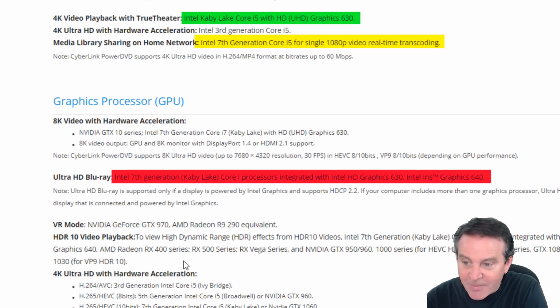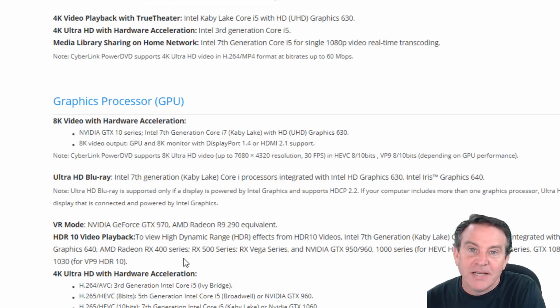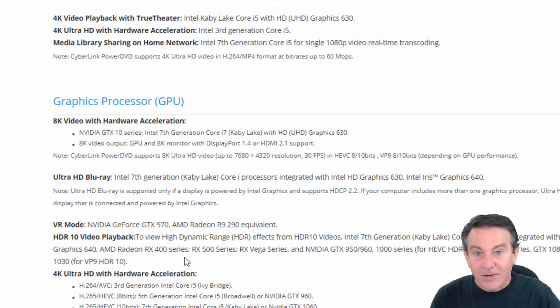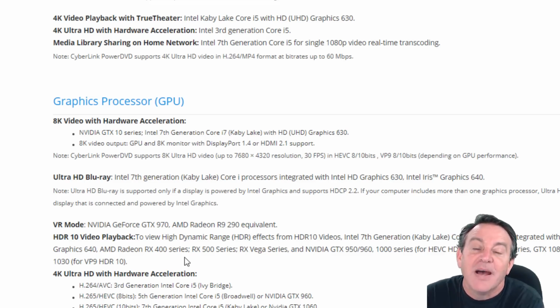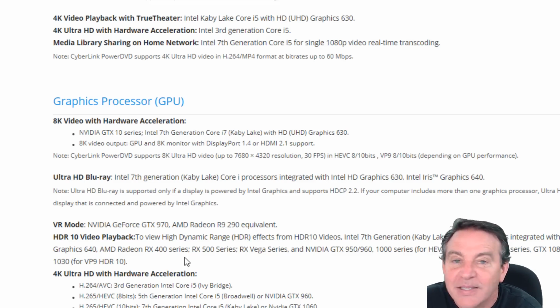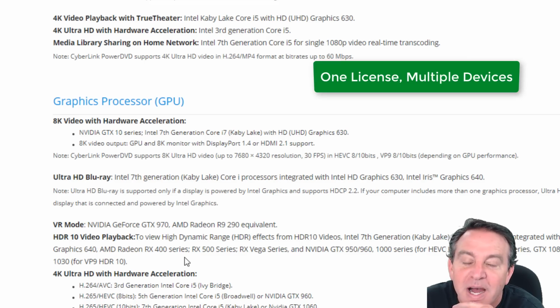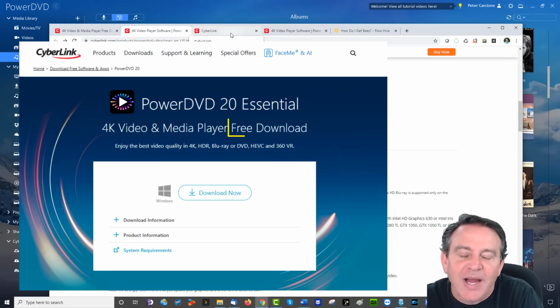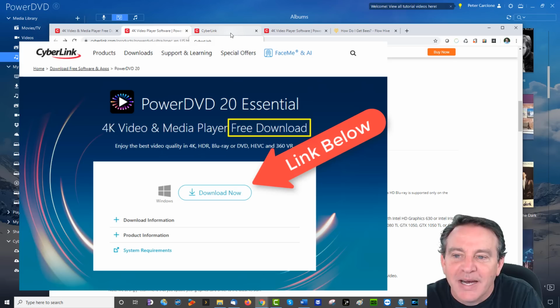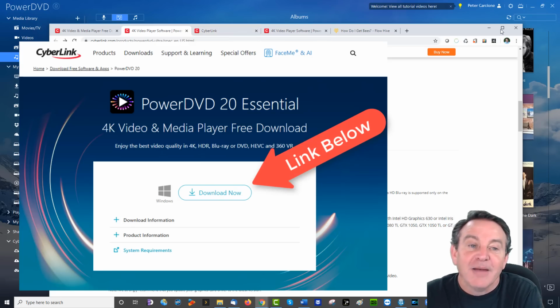But to do some of this stuff, like the Ultra HD Blu-ray kind of stuff, it really wants an i7. Now, I have an i7, so it all worked beautifully. But for example, for the Oculus Rift, you also need a video card to go with your i7. So a serious PC could be in the works. Now, there is a more basic version, just playing back things and passing from one screen to another. I ran it on my i5 notebook, and it worked rather well. But I just wanted to make sure that you guys were all aware of that. Download the free trial and put it through its paces and see how that works. I've been pretty thrilled with it.